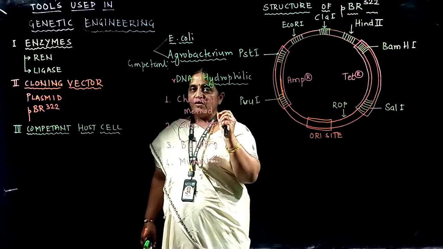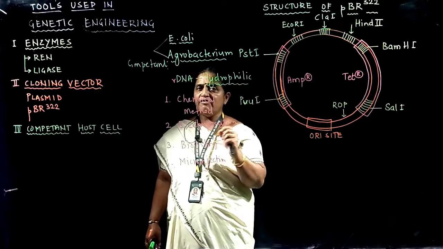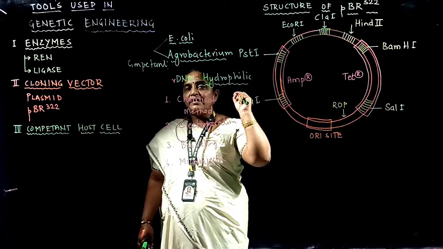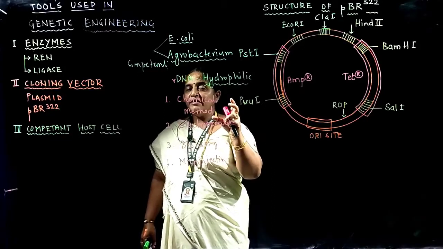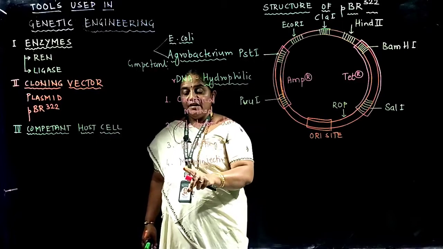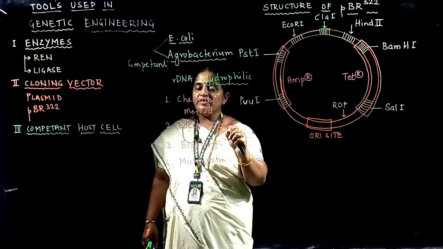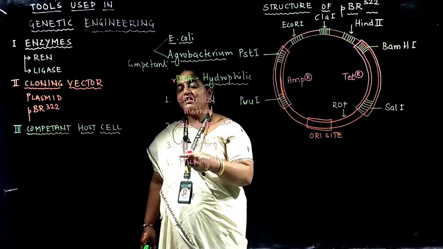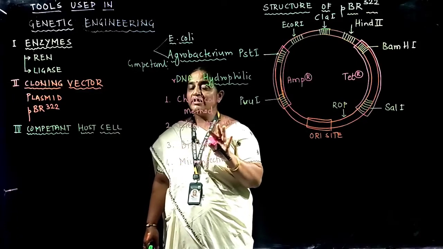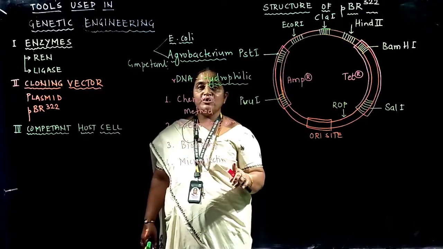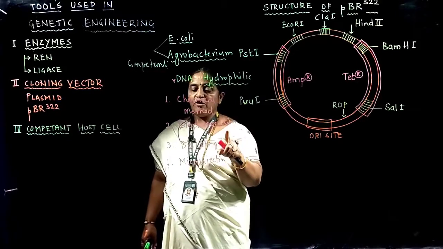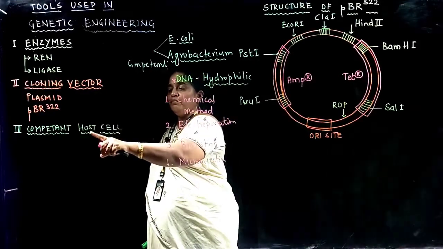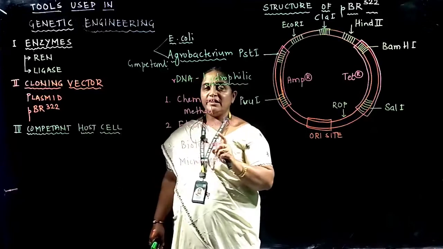In biolistics, gold or tungsten particles have higher velocity. They will coat these particles with rDNA, and these particles are bombarded onto a culture medium containing the plant cells. In microinjection, they use a microsyringe containing rDNA or the gene of interest, and they will inject it into the nucleus of the host cell, especially the animal cell. This method we call microinjection. So chemical method, electroporation, biolistics and microinjection: these 4 methods are used to make the host cell competent to receive rDNA.